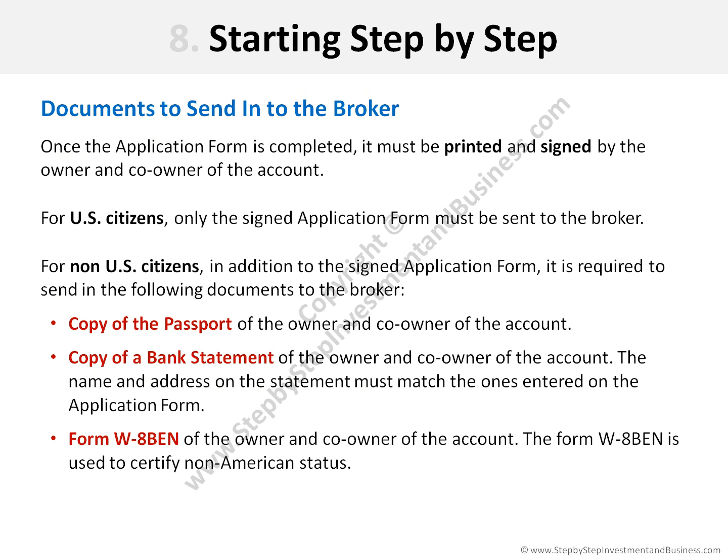Now, let's see the documents we must send in to the broker. Once the application form is completed, it must be printed and signed by the owner and co-owner of the account. For U.S. citizens, only the signed application form must be sent to the broker. For non-U.S. citizens, in addition to the signed application form, it is required to send in the following documents to the broker: